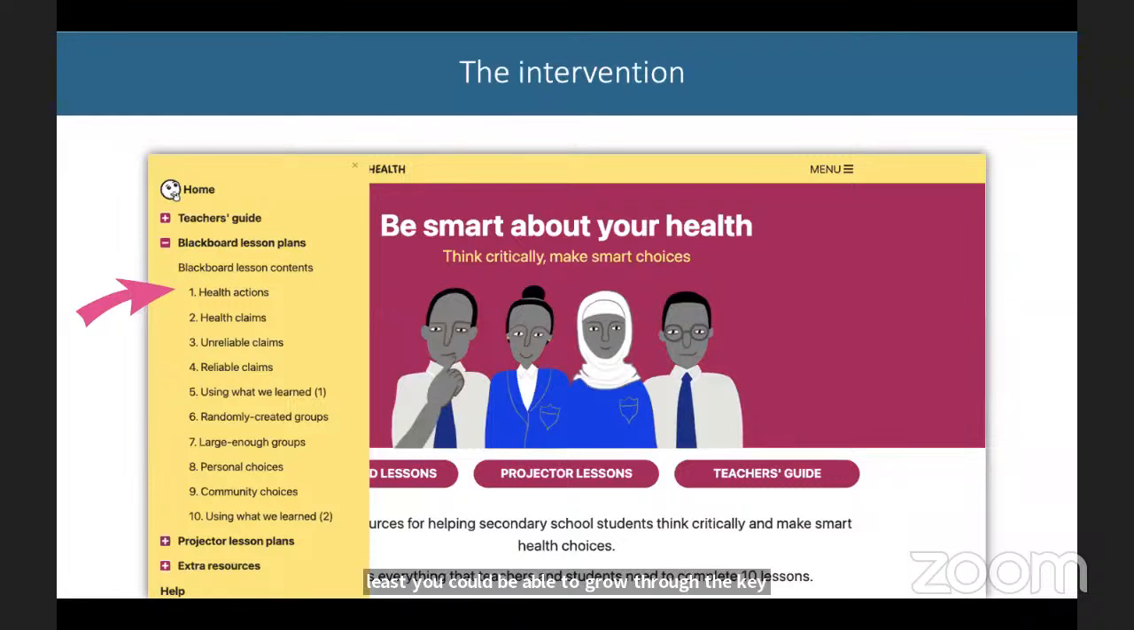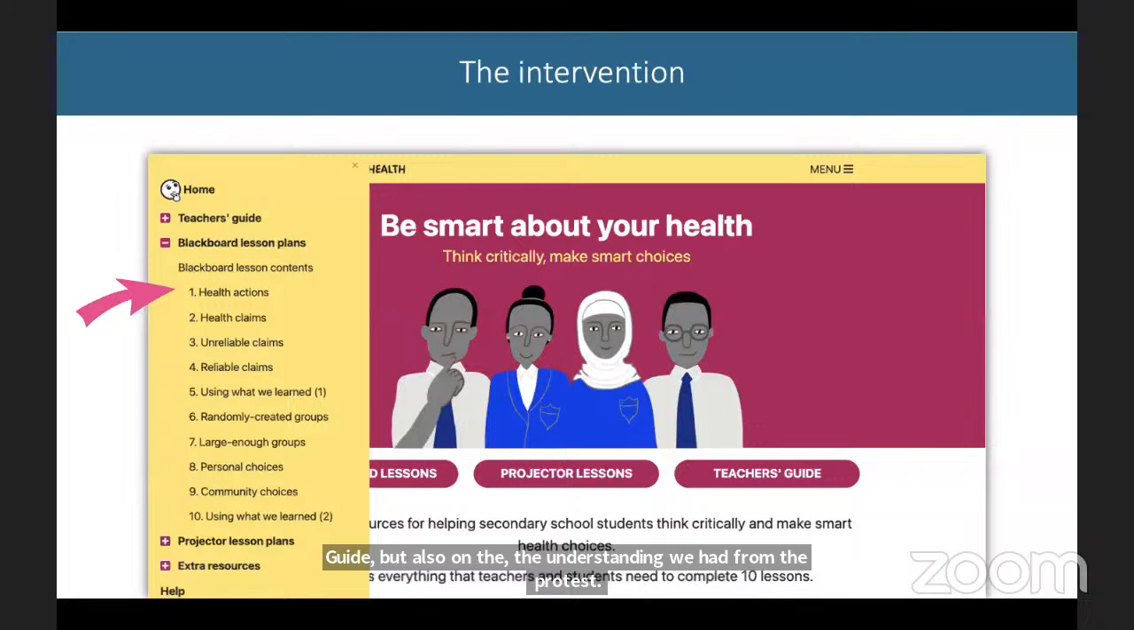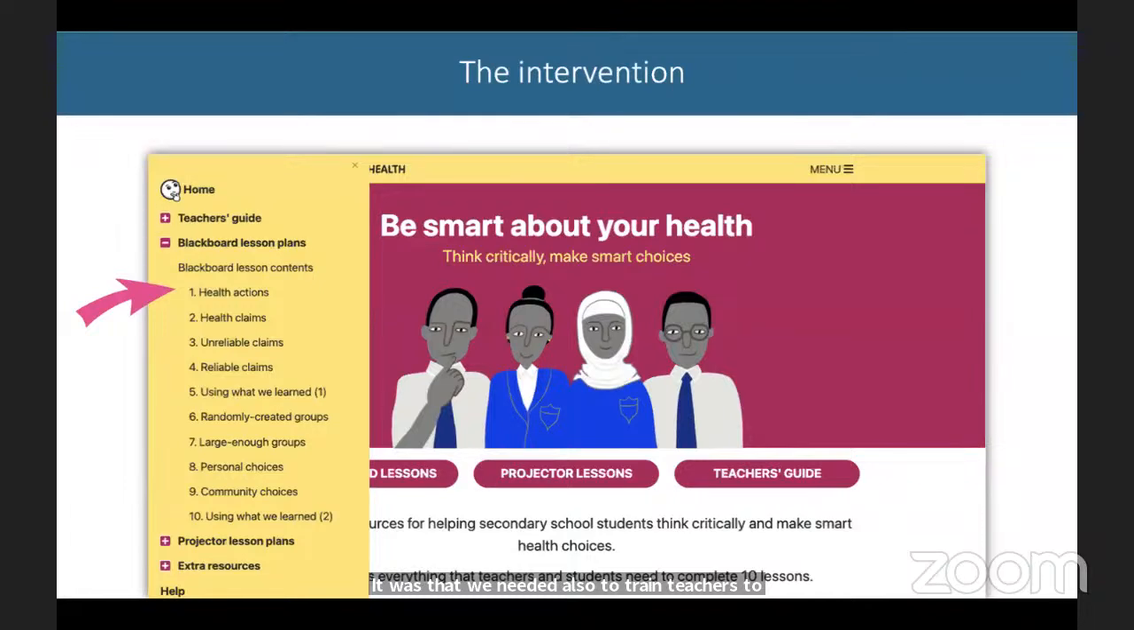Again, as I mentioned, we had developed the teacher guide, but based on our understanding of the context, it was clear that we also needed to train teachers to understand how they could teach these concepts. We developed training materials and trained teachers before they taught these concepts to high school students. The other question was, now that we had developed the intervention, we needed to develop a